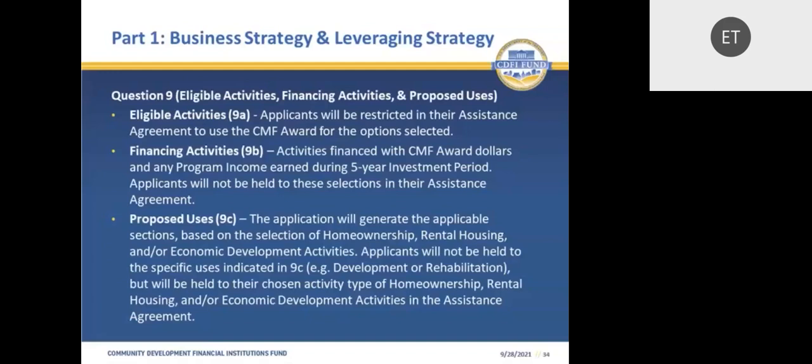In question 9B, you will indicate the financing activities that will be financed with the CMF award and any program income earned during the 5-year investment period. Applicants will not be held to these selections in the assistance agreement, so you do have considerable flexibility in terms of the financing activities. Last but not least, in question 9C, you will indicate the proposed uses,